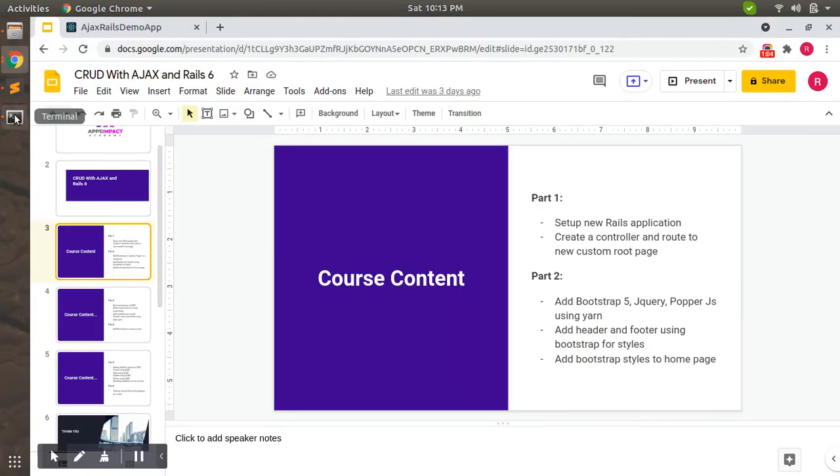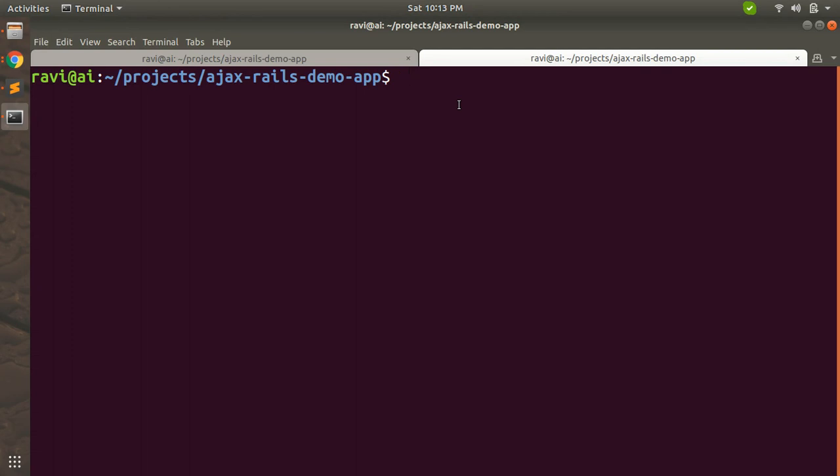So let's start here. You need to run the command yarn add. Yarn add is required to add a dependency as a node module to your application. Since we will use Bootstrap 5 in this application, I'm mentioning bootstrap@5, where 5 is the version.